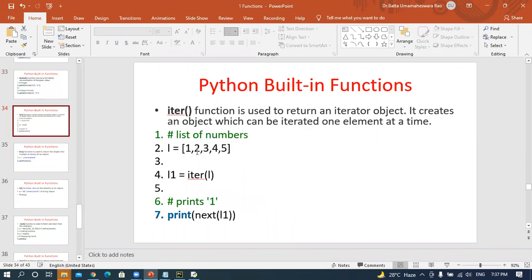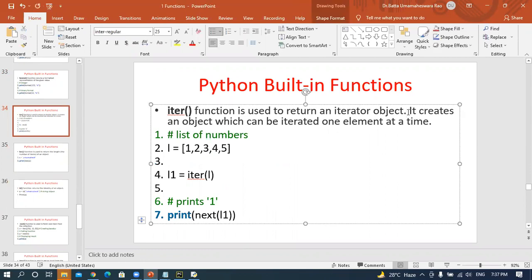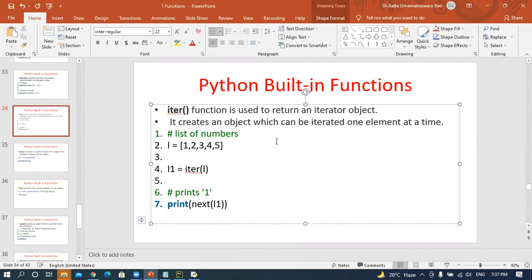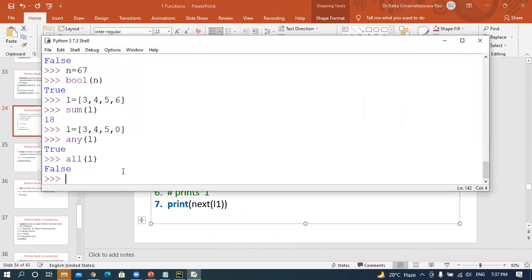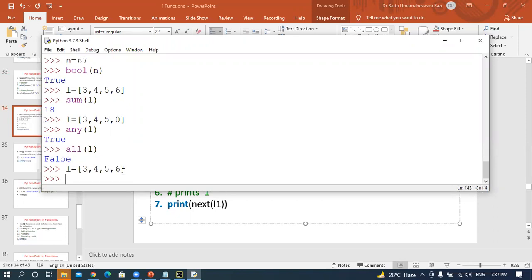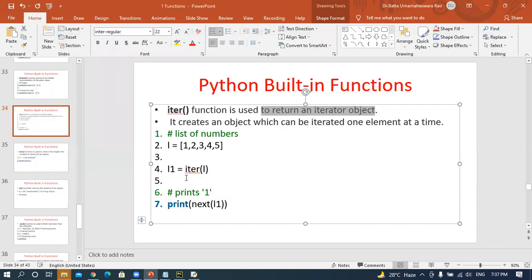After that, the iter function returns an iterator object. The iter function is used to return the iterable object, just like a for loop. For example, L equal to the list 3, 4, 5, 6. Here, how can you iterate this particular list?